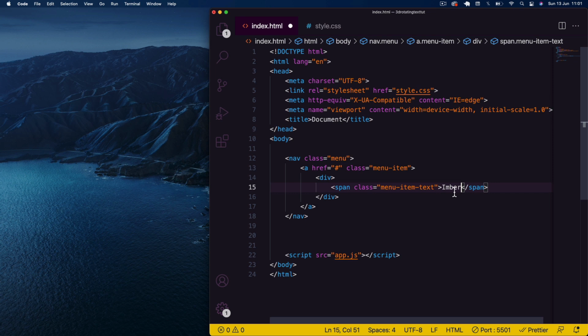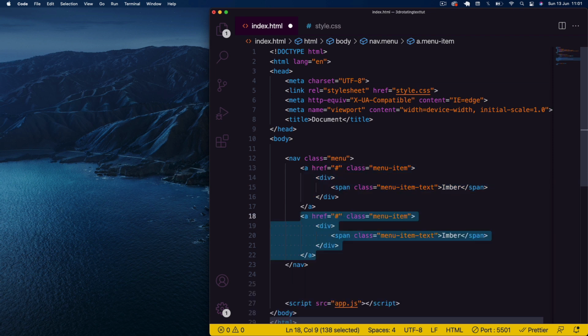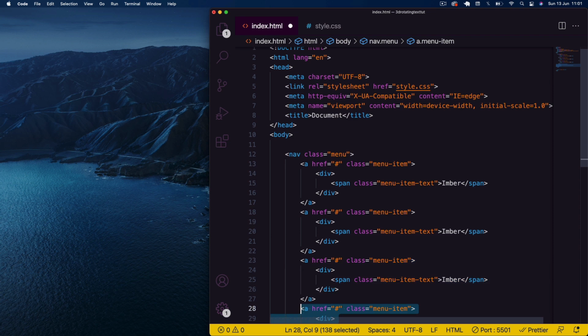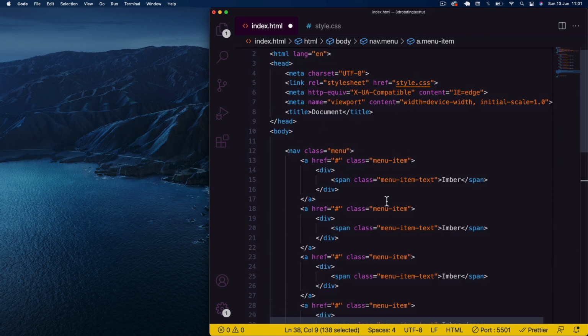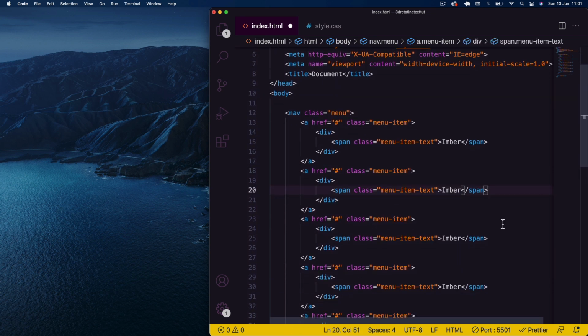Okay, and then I'm just going to use some random Latin words I found online. So I'm just going to copy this menu item down. That first word is inbar I've used. Let's just copy that down 5 times to get 6 links. And then for the second one, the word I'll use is